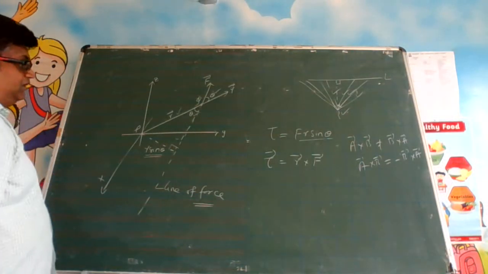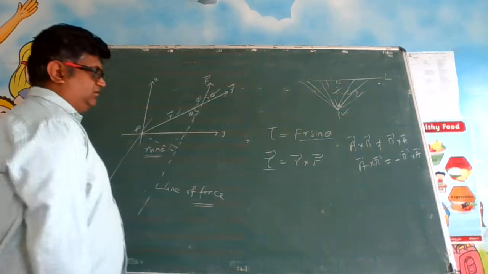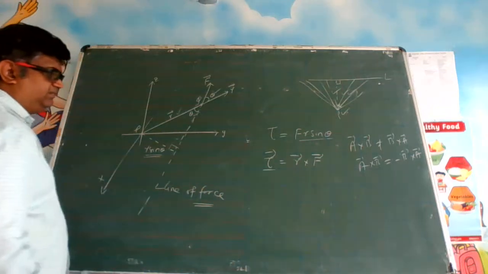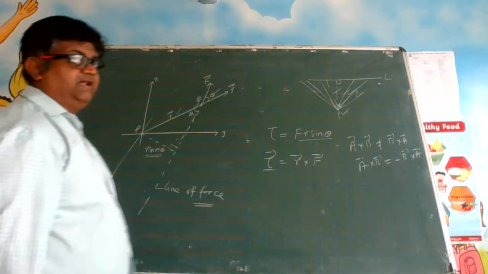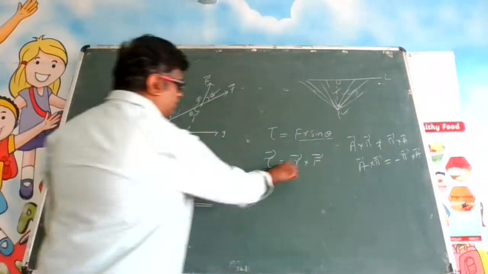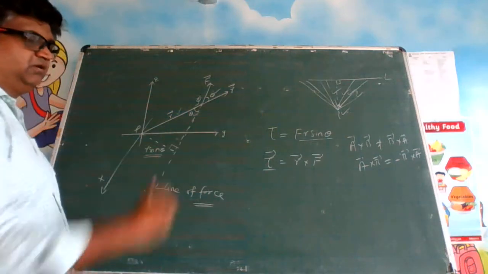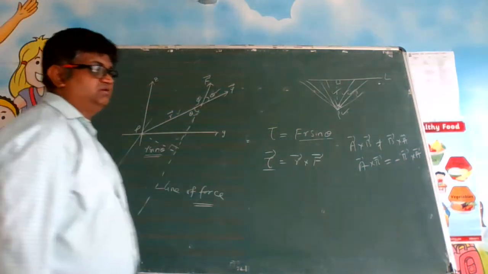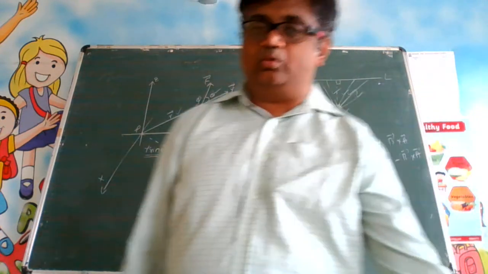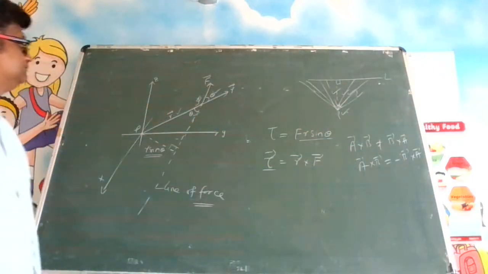Remember, torque is a vector. R and F are also vectors. When you multiply these two, you get another vector, which is torque here. So that must have some direction. Till now we are discussing only the magnitude part. Here we will do R cross F. R vector is given, F vector is given. We take the cross product, we will get the magnitude. But what about direction? For direction, we use the right hand thumb rule.